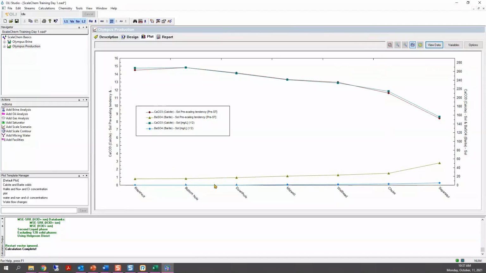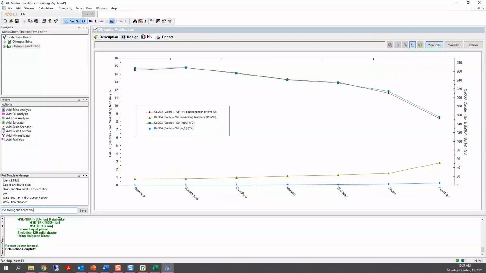To do that, we go here to the plot template manager and click on this white box area that you see here. We're going to name this pre-scaling and solid plot.